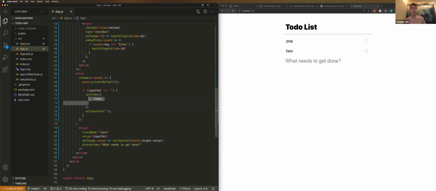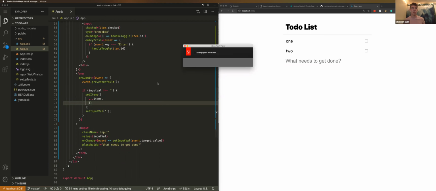Once you get used to the spread operator, which lets you clone the items and then override or add whatever you want at the beginning or the end, it makes it very obvious, if I start typing something here, that I'm adding this to the end of the array. So essentially what I'm doing is creating this array, spreading in the previous items, and